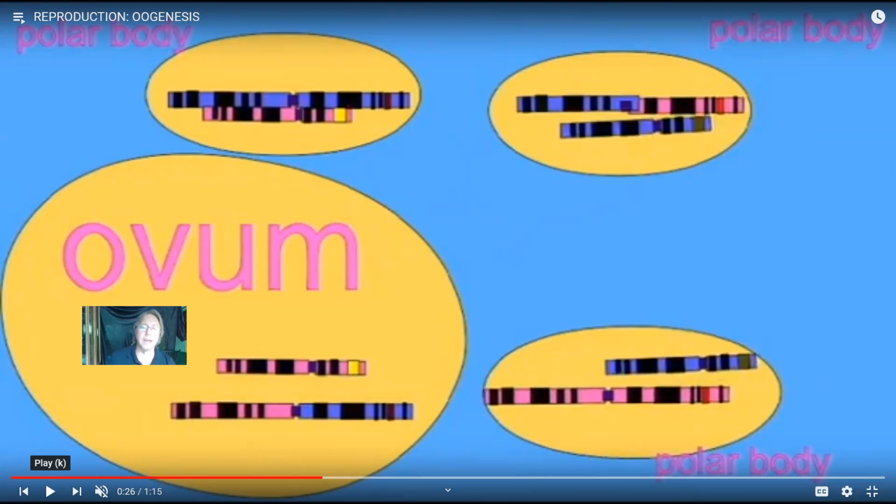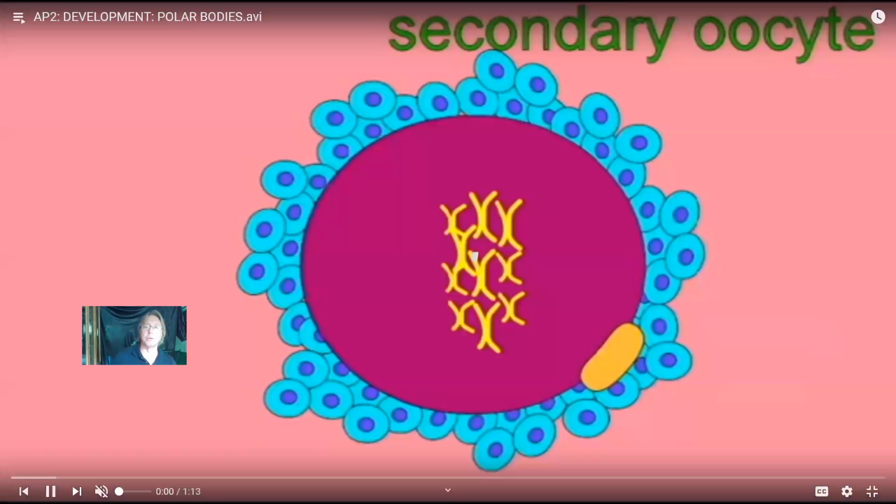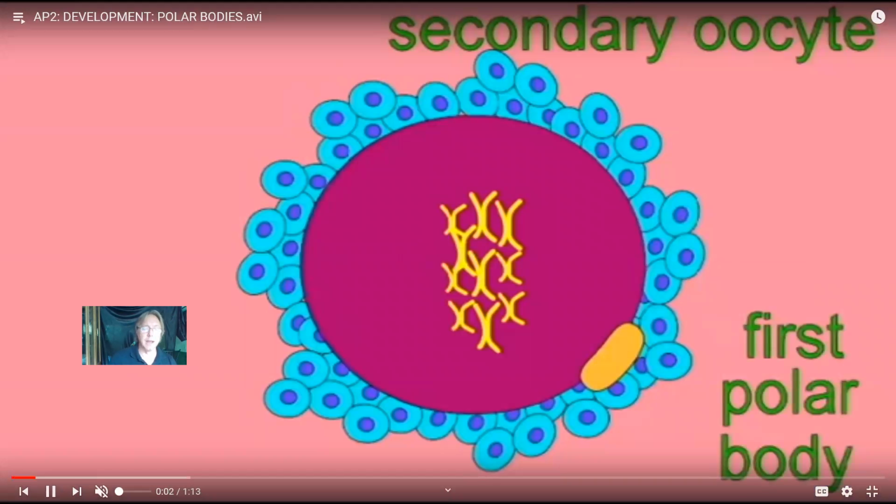In one way, instead of having one cell that begins meiosis produce 4 sex cells, one cell that begins meiosis produces 1 sex cell, the ovum, and then there are 2 or 3 of these small polar bodies which occurs. Now, another difference in females is the timing, because very often I think a lot of people feel that